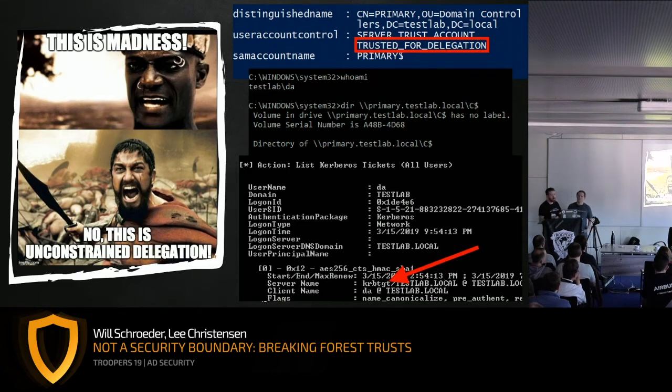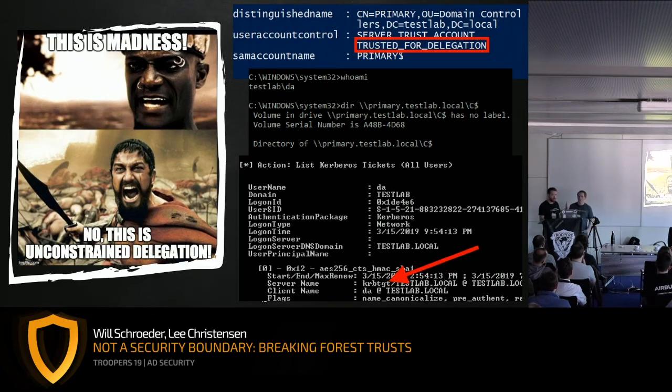If I'm on a different system as testlab DA, and I do a directory listing of that primary server's C$ share, I have access to do that, and it goes through. In the back end, my TGT is sent with that service ticket request. The end result is my DA ticket granting ticket is going to be, at least for a short period of time, if not longer, in the memory of that primary machine.